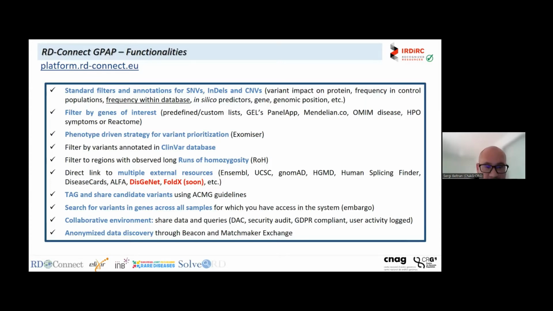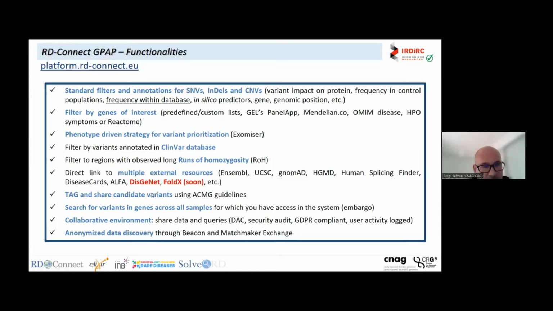We have direct links to multiple external sources, and as part of the BASE project, we integrated DGenet, and we are still working on Foldex integration for the folding of proteins and how the different variants affect this folding, and hopefully this will be released with a new graphical user interface. In the system, you can also tag and share candidate variants using ACMG guidelines, so you can collaborate between different users to then